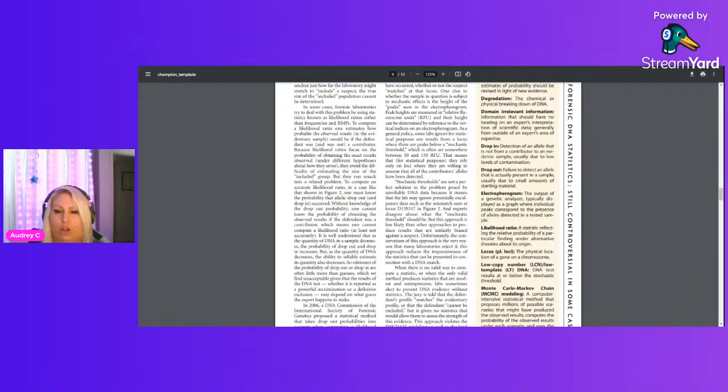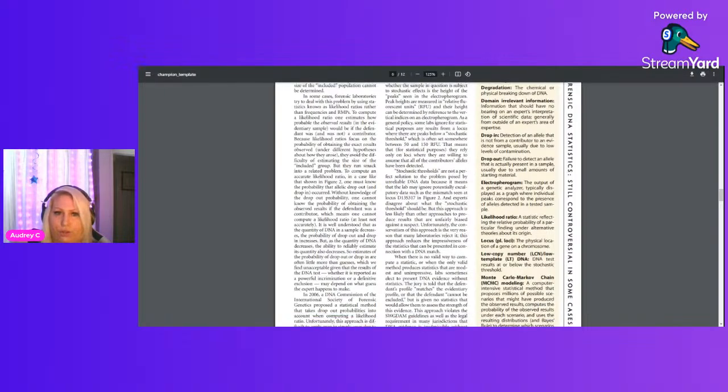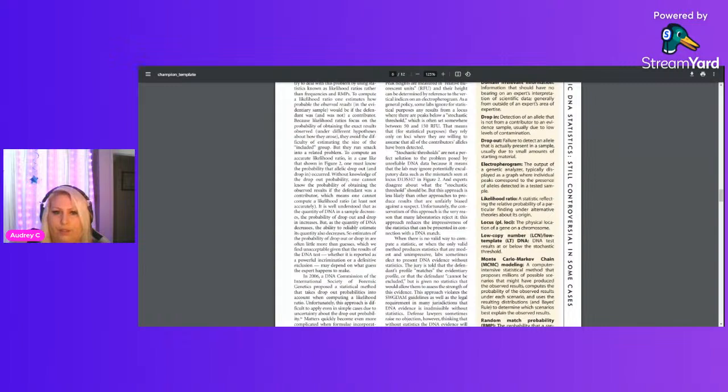Without knowledge of the dropout probability, one cannot know the probability of obtaining the observed results if the defendant was a contributor, which means one cannot compute a likelihood ratio, at least not accurately. It is well understood that as the quantity of DNA in a sample decreases, the probability of dropout and drop in increases. But